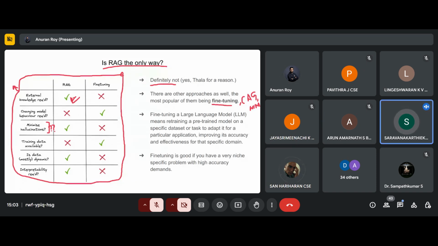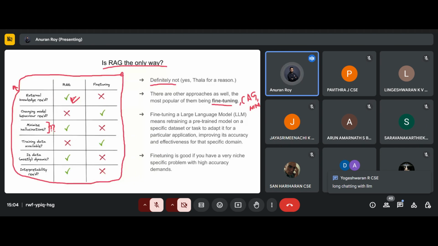Sir, if the staff want to create questions for a student quiz application, they can use RAG instead of fine tuning. It's like a chatbot or a website which can automatically create questions based on the syllabus. Fair enough.